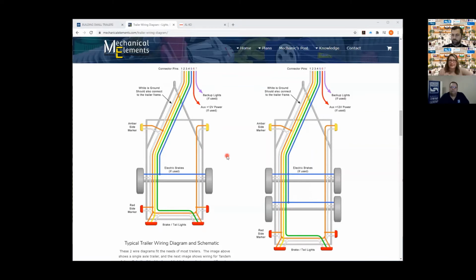You're plugging in all your lights, so it'll be your stop lights, your indicators and so on, your side markers, but also it's engaging the blue line, which is required for your brakes. And the image on the right is obviously for a tandem setup that's over 2 ton,